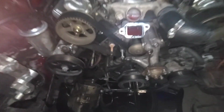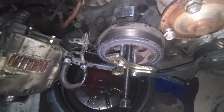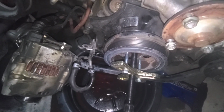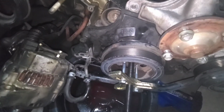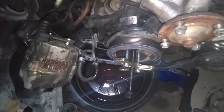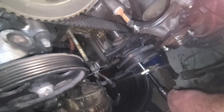All right, everybody, this is what I had to get. Went and bought one. O'Reilly's Auto Parts has them for $26 after tax, and that's what you need to pull the harmonic balancer off on a 92 LS400 with the 1UZ. Probably first gen engines, but this is crazy because I remember doing my brother's car and I never had to use